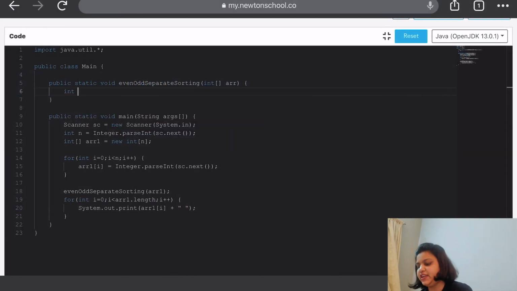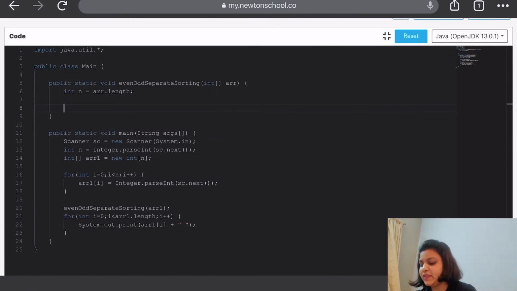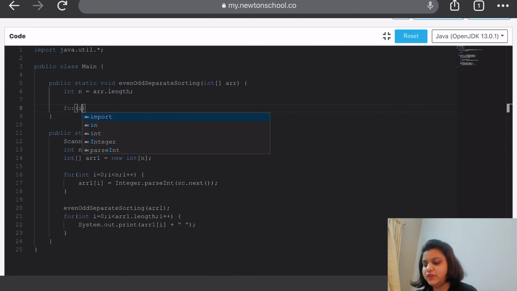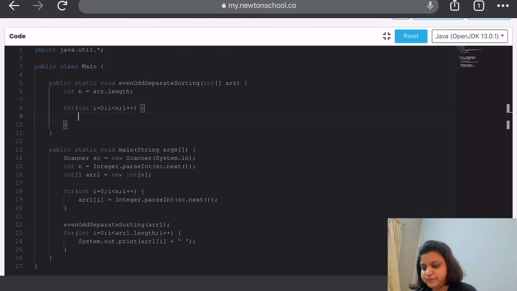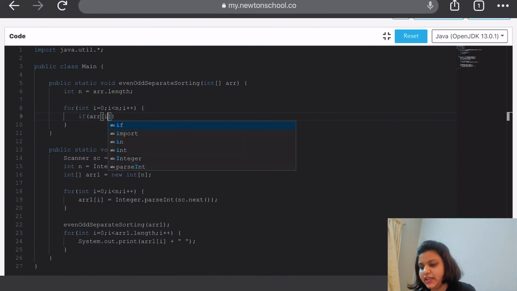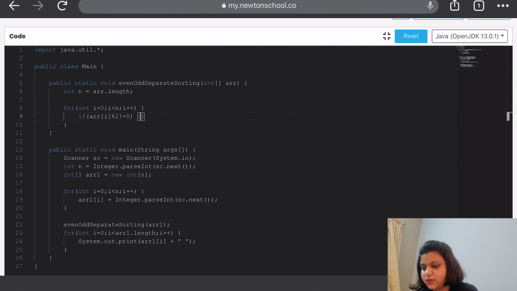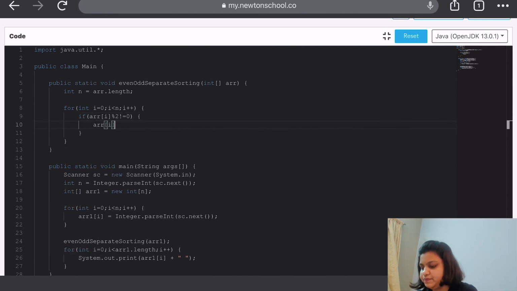So now let's start with the coding. We will find the length of the array. Now we are going to iterate through the whole array, and we are going to find if our element is odd or even. If it is odd, we are going to multiply our element with -1.